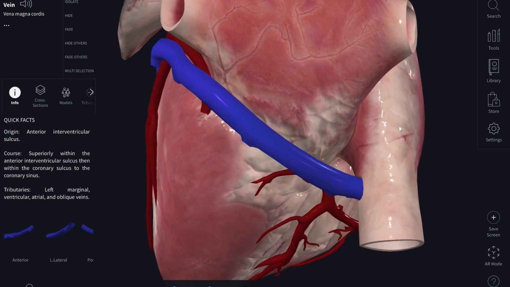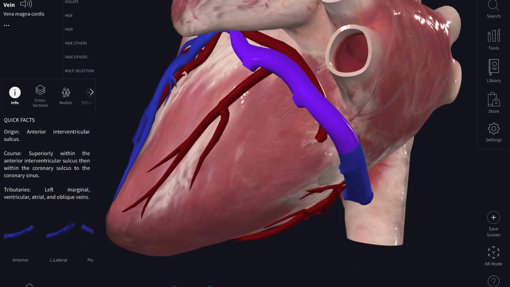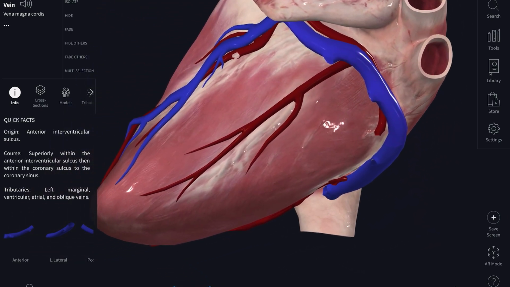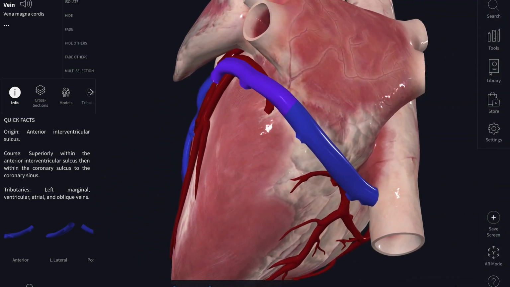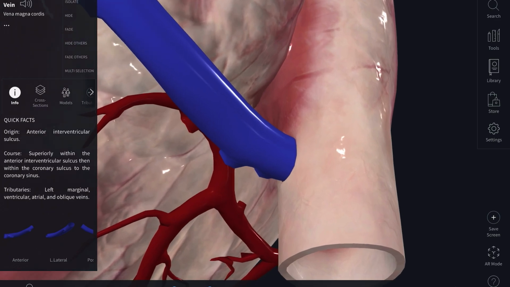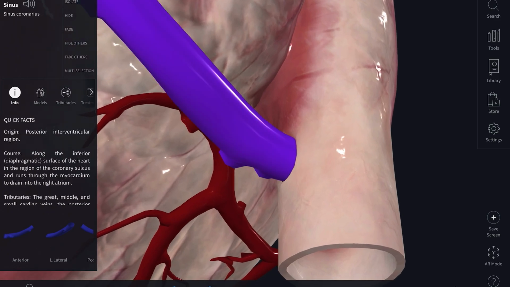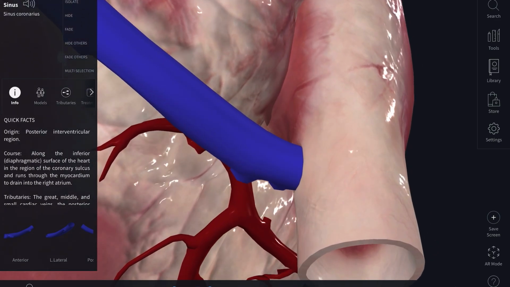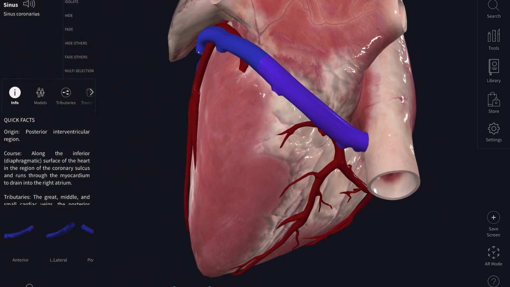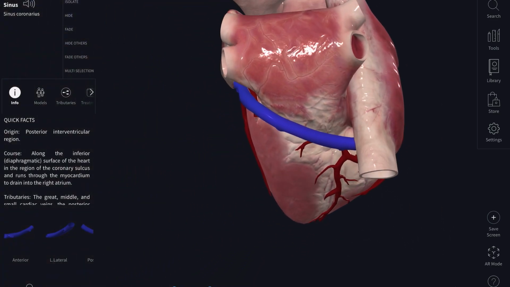So this great cardiac vein then supplies a drainage for that interventricular vein, and then it's coming through that ostium of the coronary sinus right into that right atrium. All right,